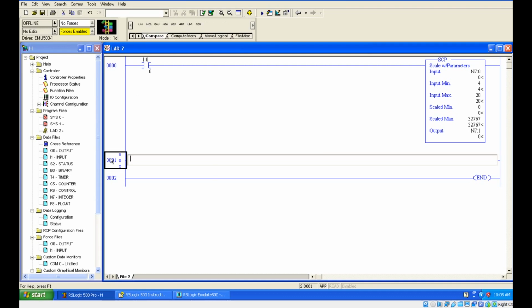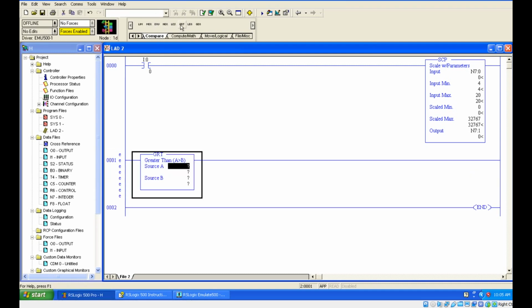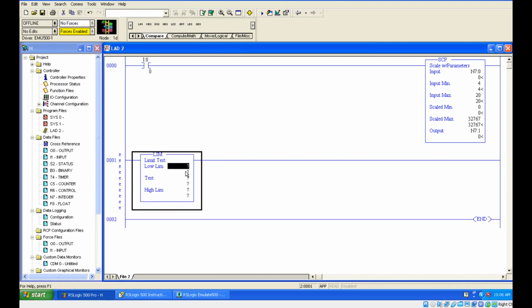In this comparator, let's take greater than, let's take a limit test. Okay. So in this, your output should be N7:1. This is the one which you are going to compare. Okay. That should be this value. Let's take this 16384.